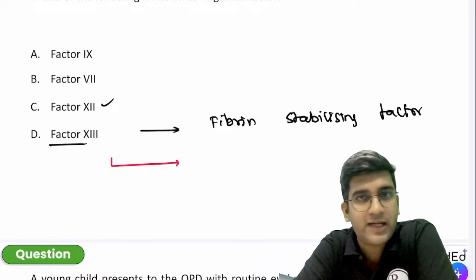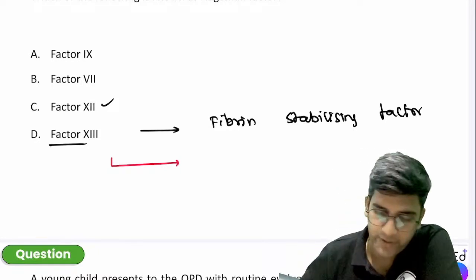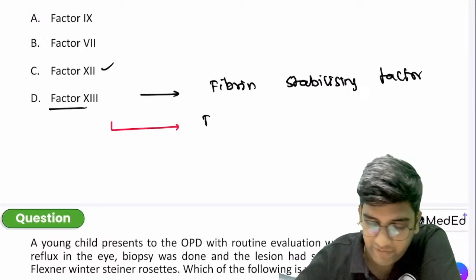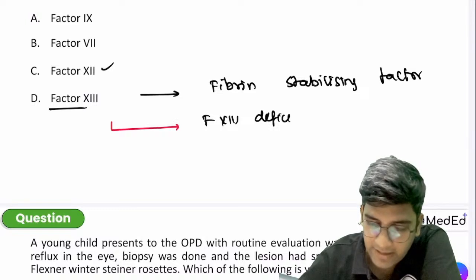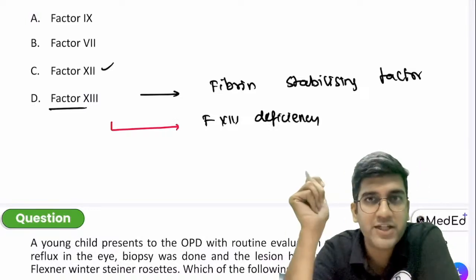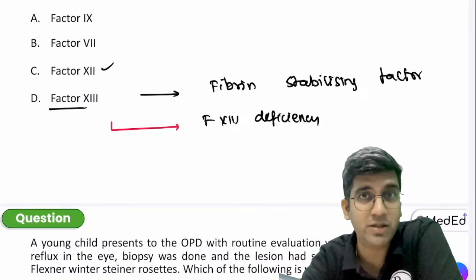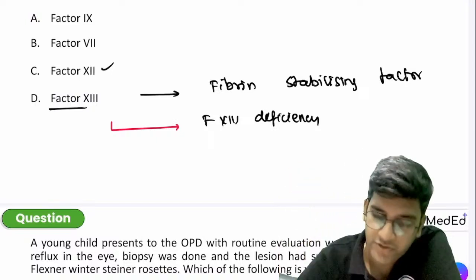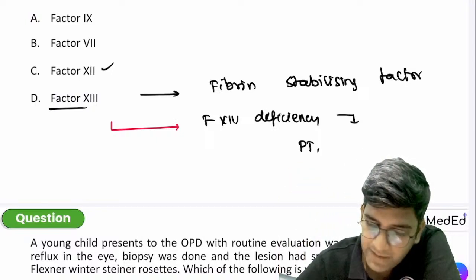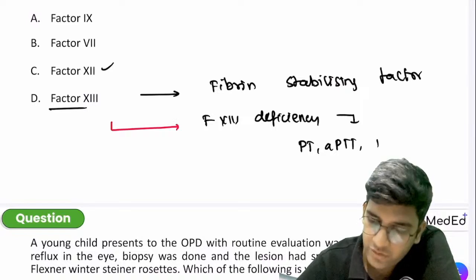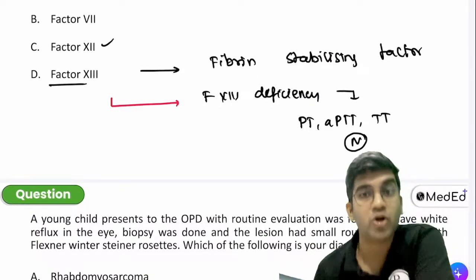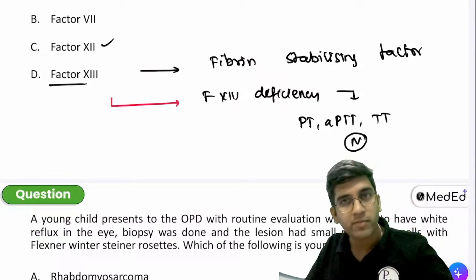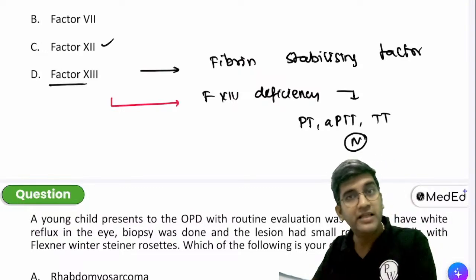Factor 13 is not involved in clot formation. Yes, no. Absolutely right, right? So which means if there's a factor 13 deficiency, can I say clot formation will be normal. Clot will not be stable, but clot will be formed, right? So in factor 13 deficiency, your PT, APTT, thrombin time, everything will be normal because clot is formed. Clot is not stable. Symptom also will not be due to clot formation. It will be clot stabilization is the problem, right?